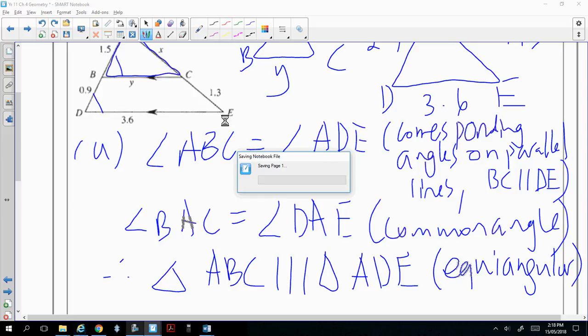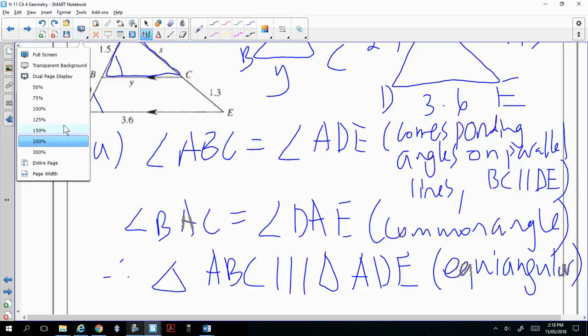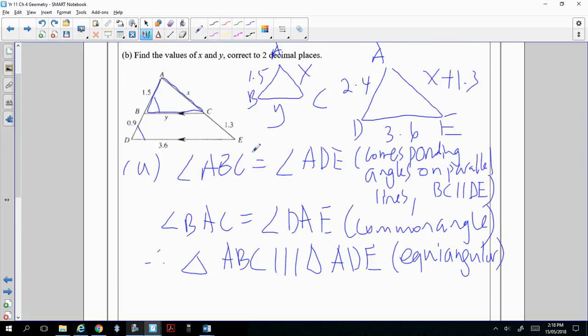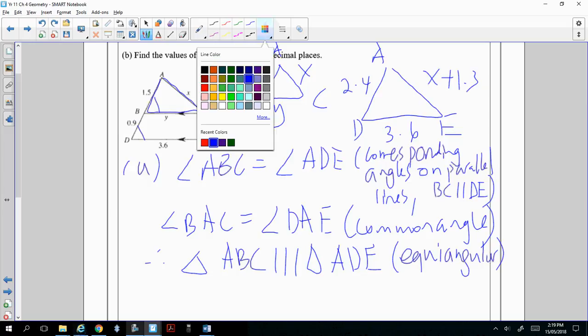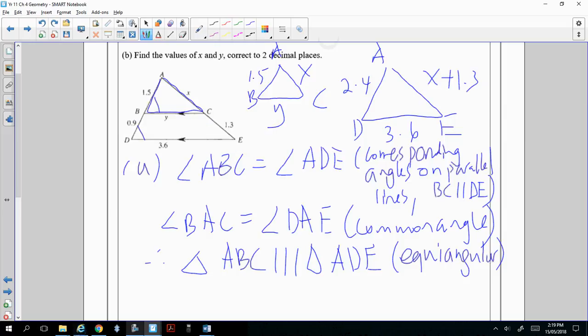Okay, how do we find the sides? I've already drawn the two triangles separately. So let's find the ratio of matching sides. We're going to find y first because y is easier to work out. Now, notice that y will match this side, right, because it's opposite to the same angle. And then we're going to use these two sides as the matching sides. Let's do that. So in part B,